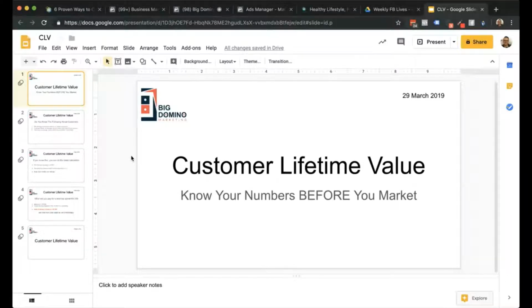So a lot of people will jump in and start spending a lot of money, and then they start getting some metrics, and they'll be telling me, oh, but the leads are too expensive, and I don't think I'm going to make money on this. So the way we overcome that is we tell clients, well, let's know your numbers. Let's calculate your numbers before we go online.